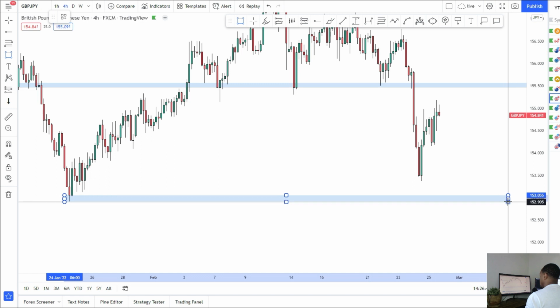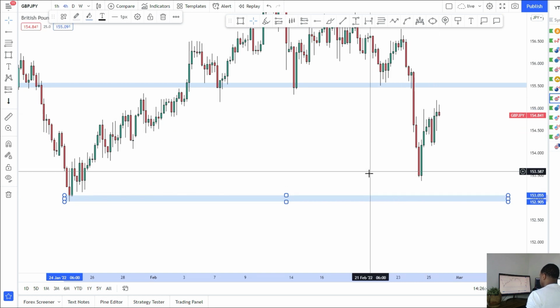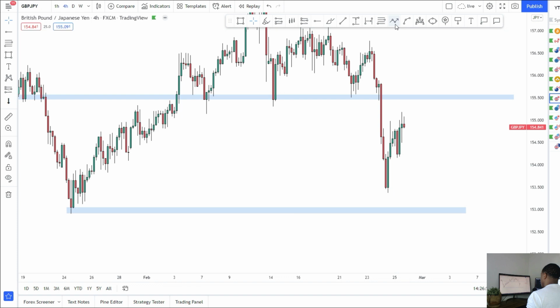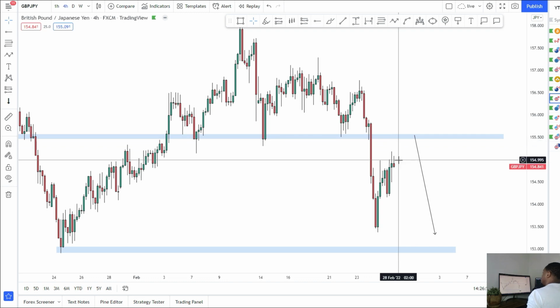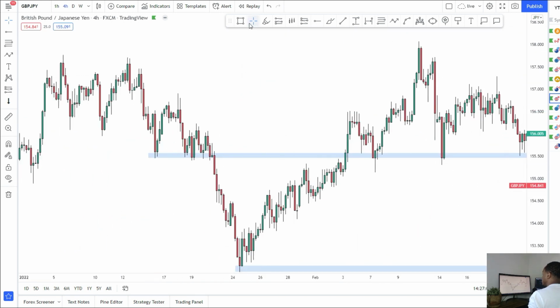As you can see, we did break through, never came back for the retest. We saw a lot of bearish momentum, almost hit 153 before the market is pulling back up. So I'm still bearish in pound JPY, looking for the market to roll over to the downside. However, if we do see the market break back above 155,500, start to put those higher highs and higher lows in, we could see the market push back into 157,500,